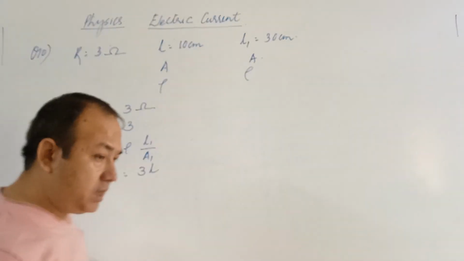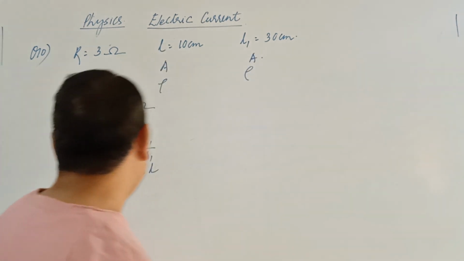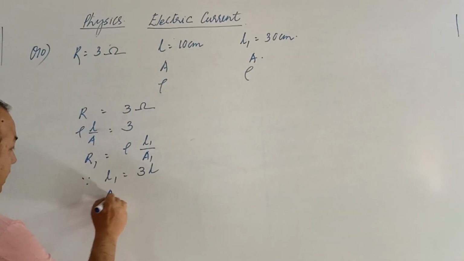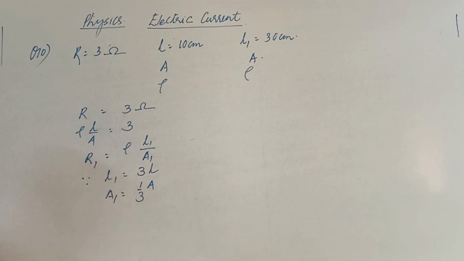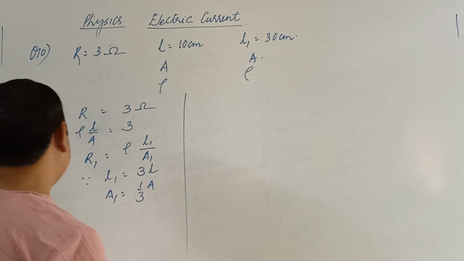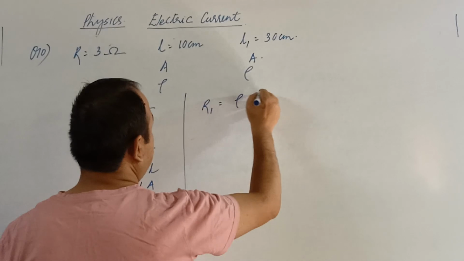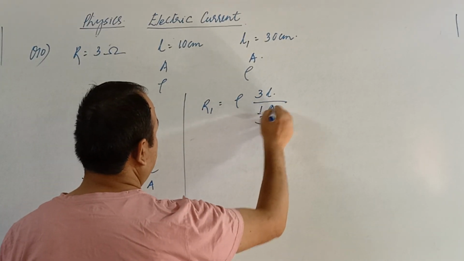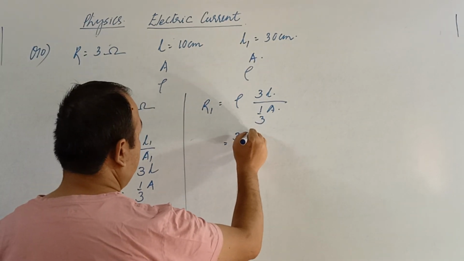When the length is increased by 3 times, the area of cross section will decrease by 3 times, will become 1/3 of the previous one. So I can write A1 is equal to 1 by 3 of the previous area of cross section. Now R1 is equal to rho. In place of L1 I can write 3L, and in place of A1, 1 by 3A. Now simplify, the 3 in the denominator goes to the numerator, so I can write 3 into 3